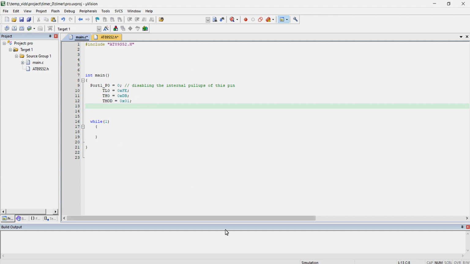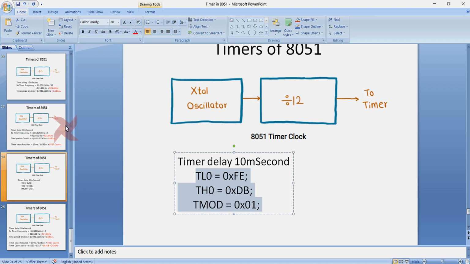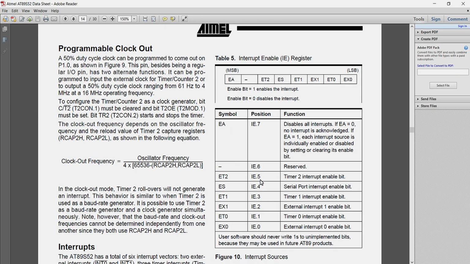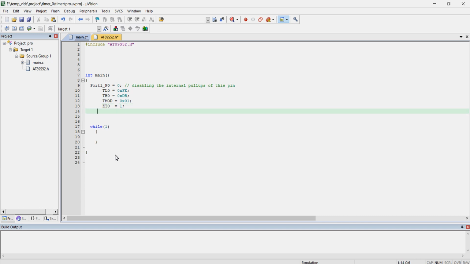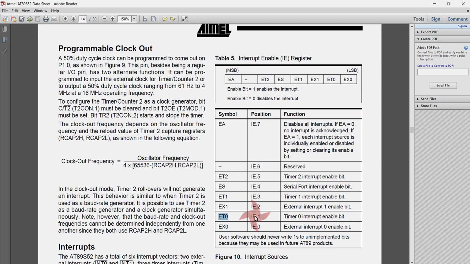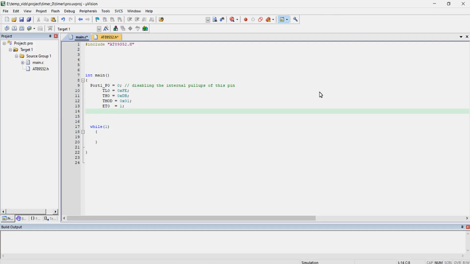interrupt. So coming to the IE register, that is the interrupt enable register, you can see ET0 is the timer 0 interrupt enable bit. So I just want to write 1 to this bit for enabling timer 0, ET0 equal to 1. And following that, as I said, we want to enable this EA bit in the IE register for enabling all the interrupts in this microcontroller. This is a global interrupt enable bit, so you want to enable this bit irrespective of whatever interrupt you are working on.